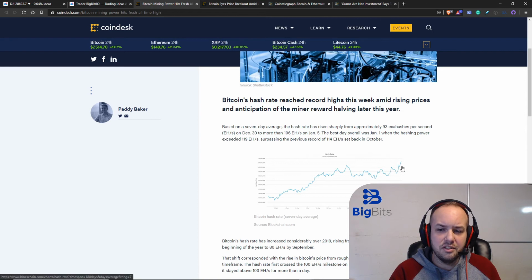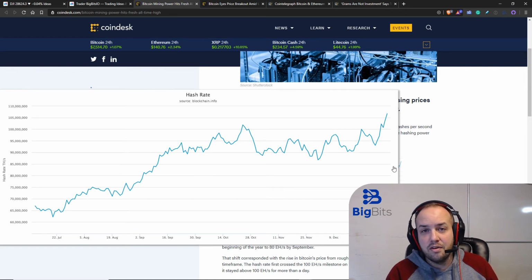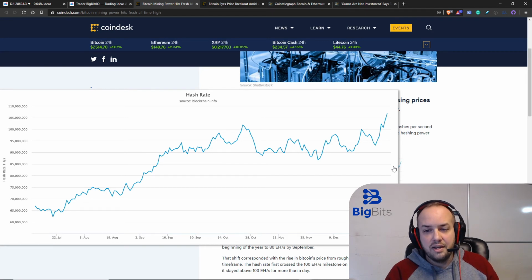The hash rate continues to reach all-time highs, approaching the halving. So people are putting more hashing power on the network, which probably means they're putting new equipment onto the network. And this is happening just months before the halving. That's people investing more money into Bitcoin mining up front, expecting greater returns later, and they're doing it right before they know they're going to get less Bitcoin. So it's interesting that the hash rate continues to increase